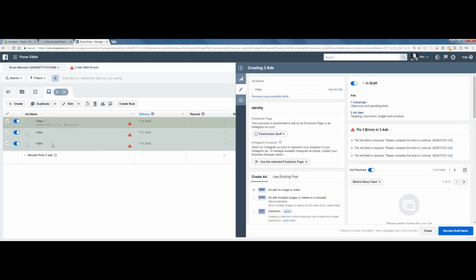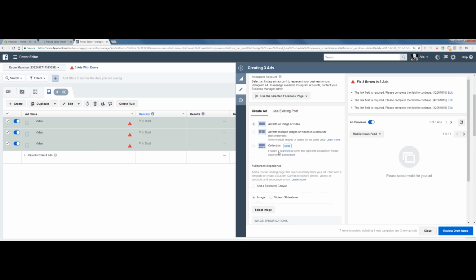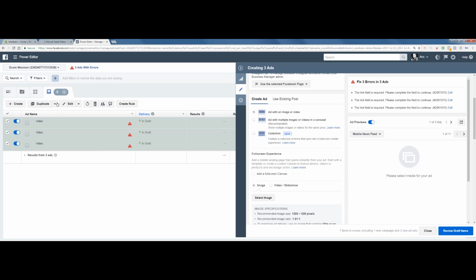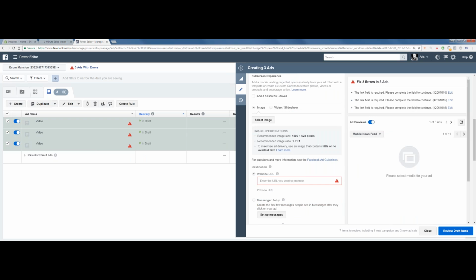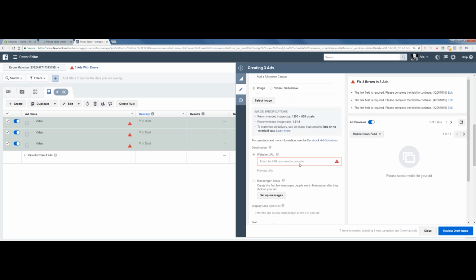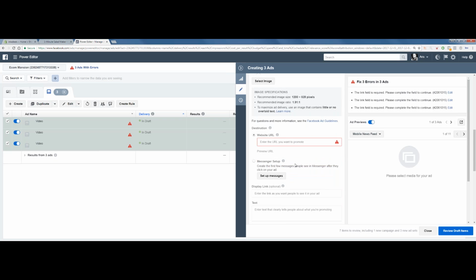So I wrote video here, it's supposed to be image. This campaign that we're retargeting is a video ad. So for the retargeting ad, we're not going to use a video, we're going to use an image. They already seen the video, they didn't convert. So we're going to use an image this time, something different for them to see, and we're going to offer them some kind of incentive so they can come back to us.